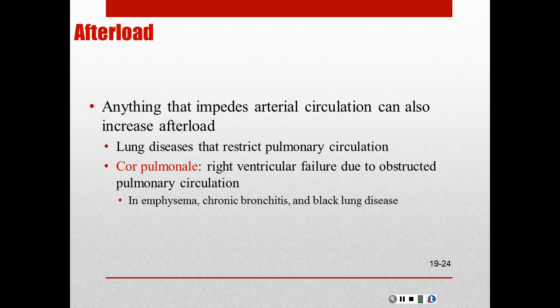Now, hypertrophy can eventually cause the ventricles to weaken and fail. Now, right ventricle failure is called cor